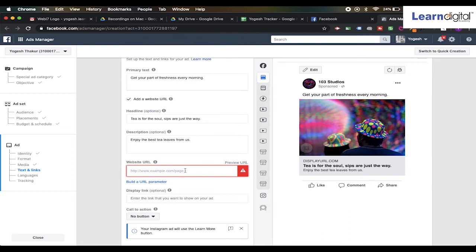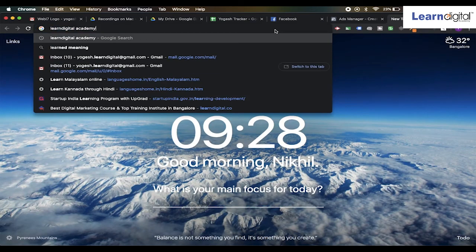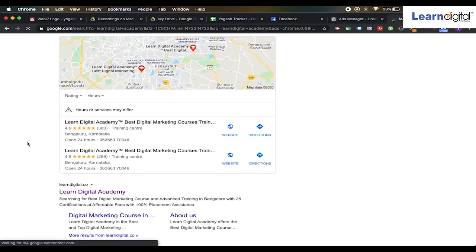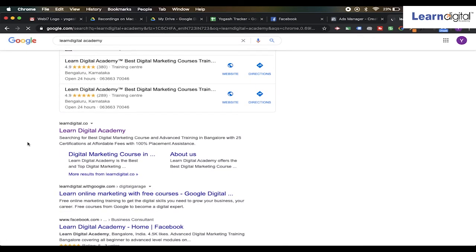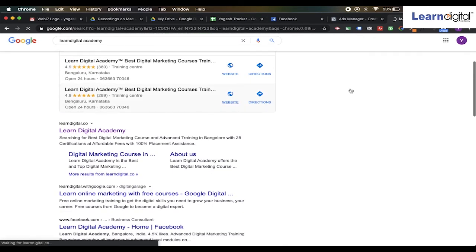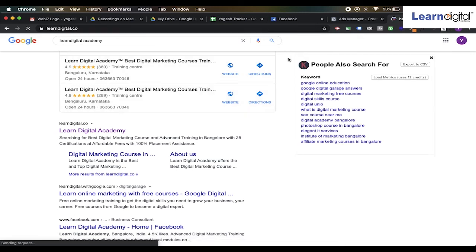Now, if anybody clicks on this ad, where do I want these people to go? Let us say I pick the example of Learn Digital Academy itself, although you're supposed to launch it to the particular brand.